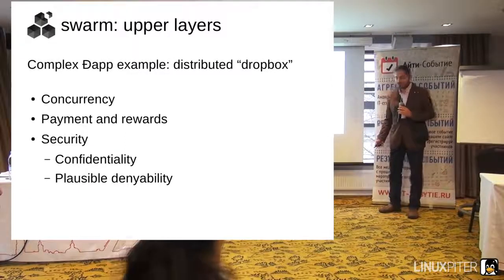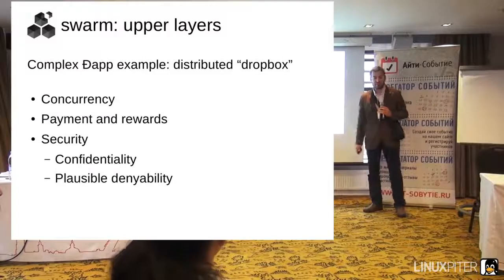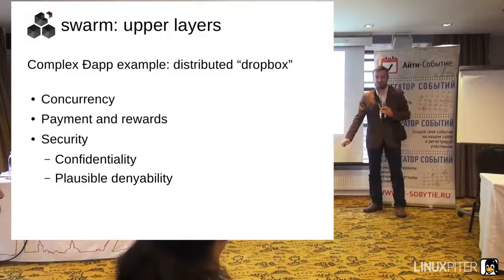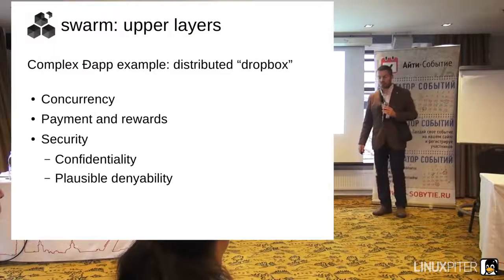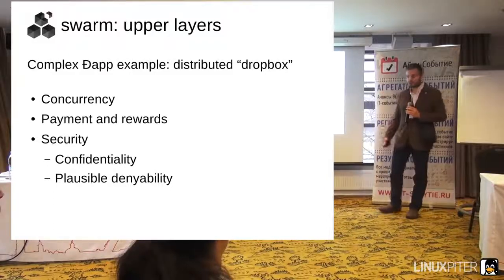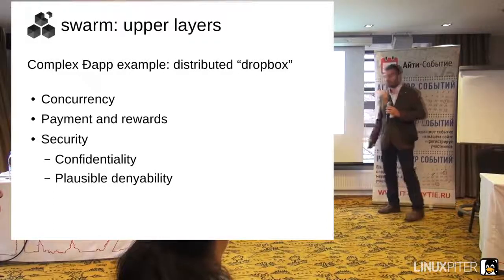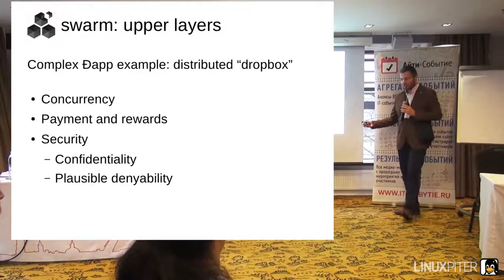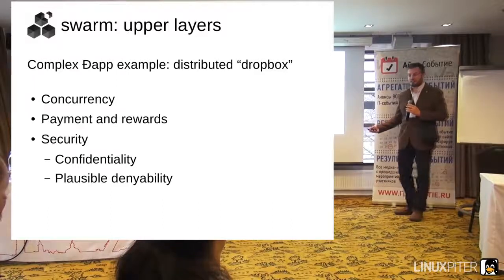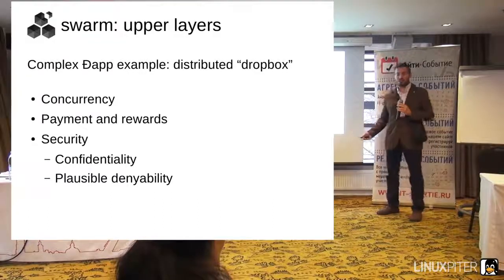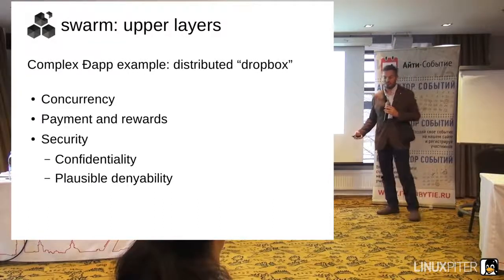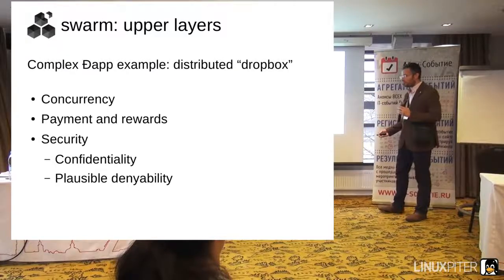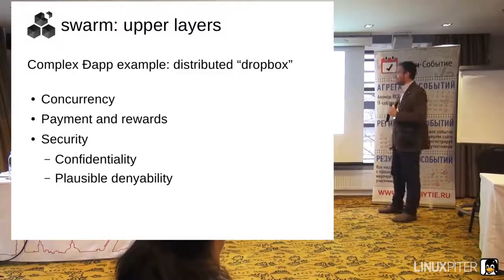And the nice thing about these two things is that they can be done on the very bottom layer, on the level of the chunk store, and everything above it just works. You just get these things as an emergent property from these properties of the bottom layer. So that's the nice thing about the clean architecture, that it becomes relatively easy to reason about it and to show certain security properties.